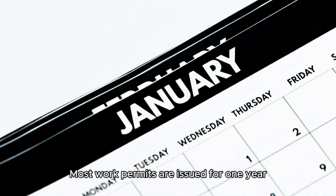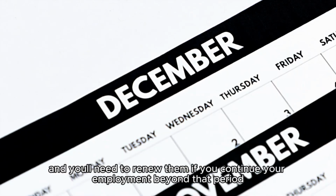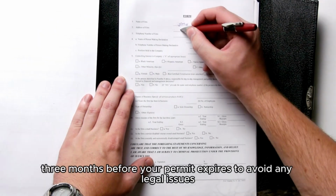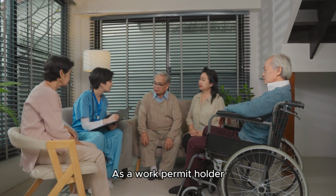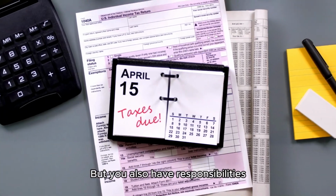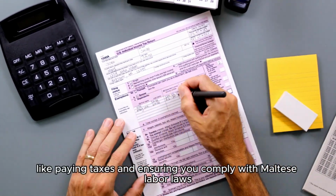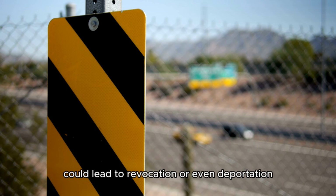other obligations. Most work permits are issued for 1 year, and you'll need to renew them if you continue your employment beyond that period. Be sure to start the renewal process at least 3 months before your permit expires to avoid any legal issues. As a work permit holder, you have rights like access to the healthcare system and the ability to apply for dependent visas for your family. But you also have responsibilities like paying taxes and ensuring you comply with Maltese labour laws. Any violation, such as working for a different employer without updating your work permit, could lead to revocation or even